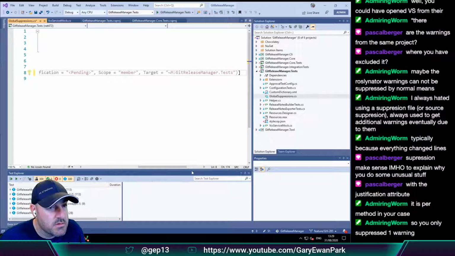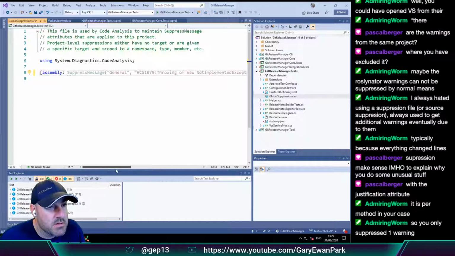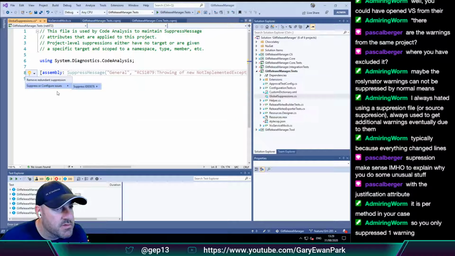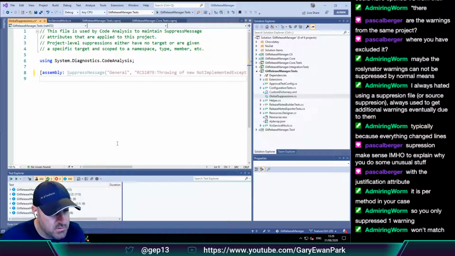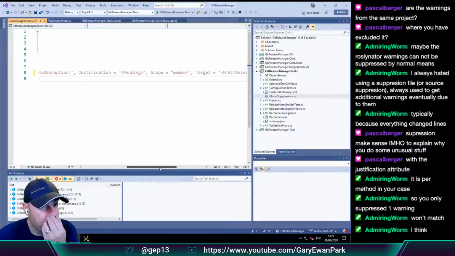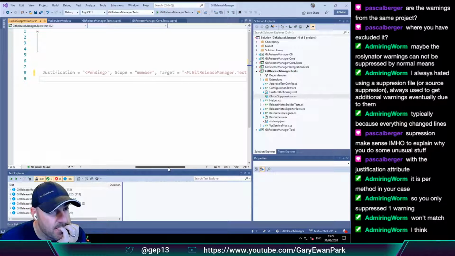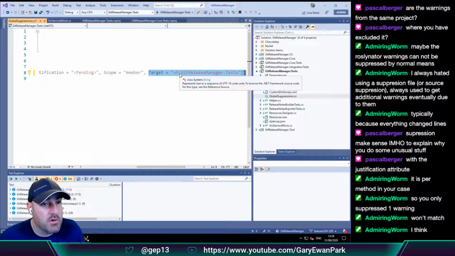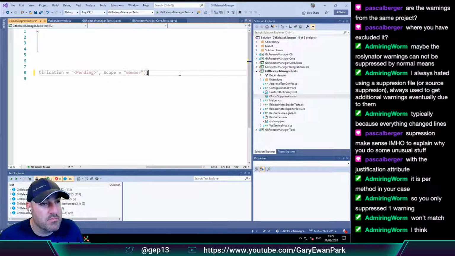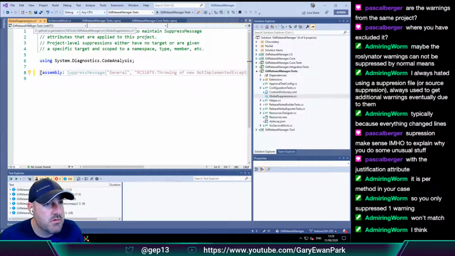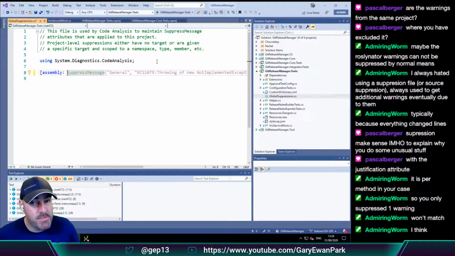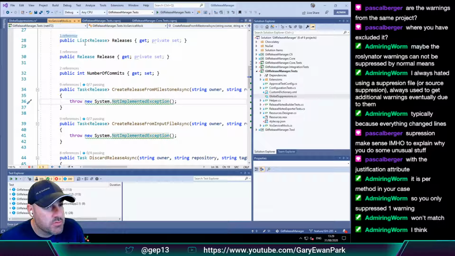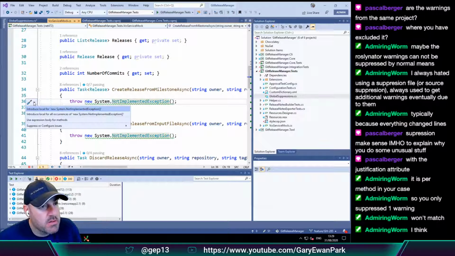Can I do that? Remove redundant suppression. No. What about if I do this?